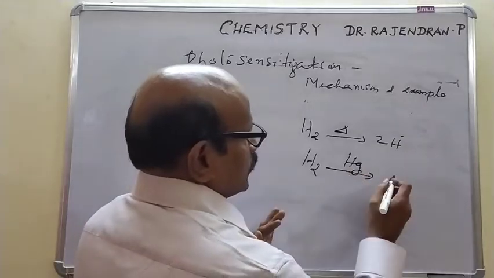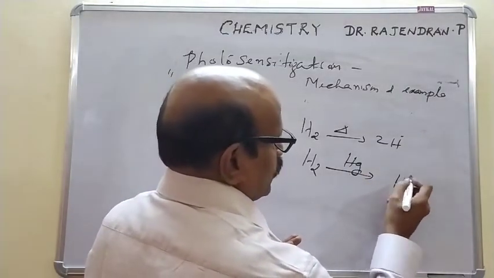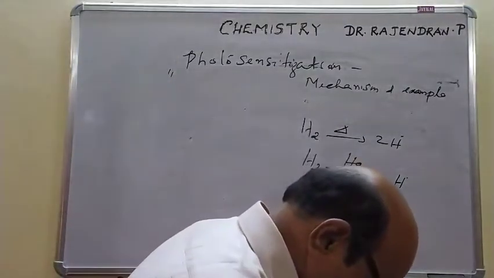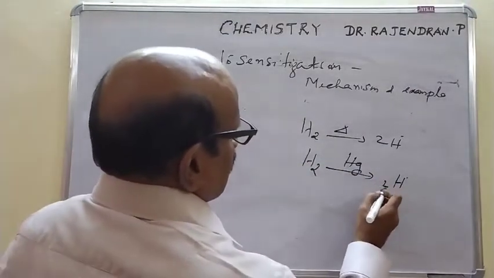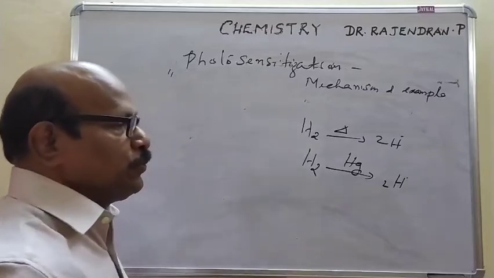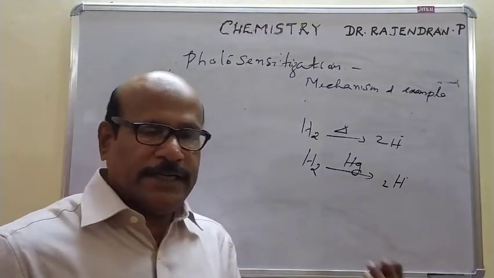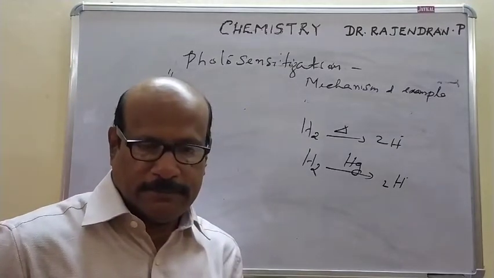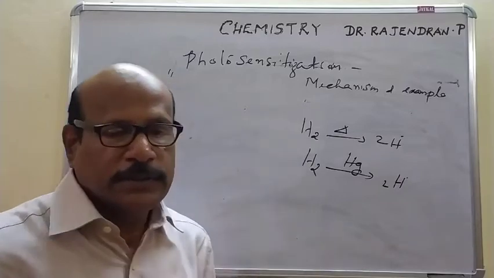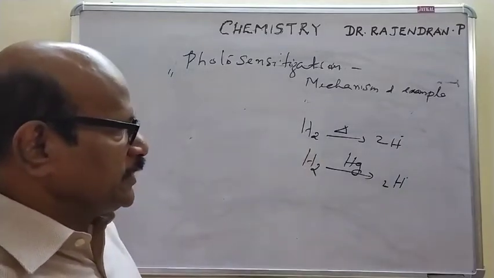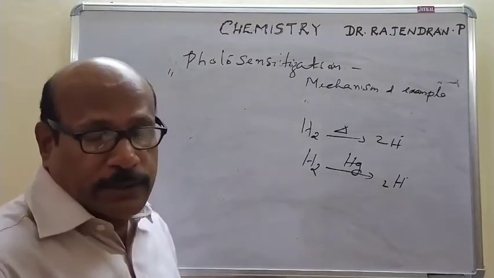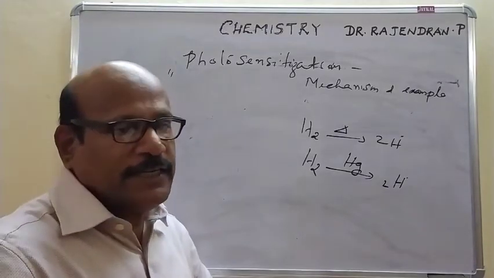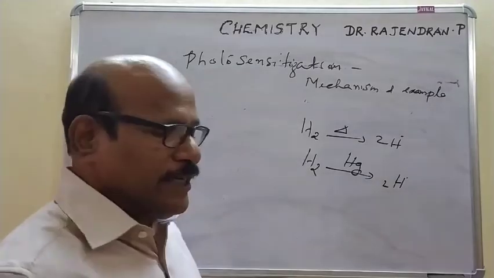The hydrogen molecule gets decomposed to atomic hydrogen. When you pass this hydrogen molecule through mercury vapor, it will get decomposed to hydrogen atoms. So this is an example of photosensitization, because hydrogen never absorbs light, but mercury can absorb light. Then mercury gets excited, and the excitation is transferred to the hydrogen, and hydrogen